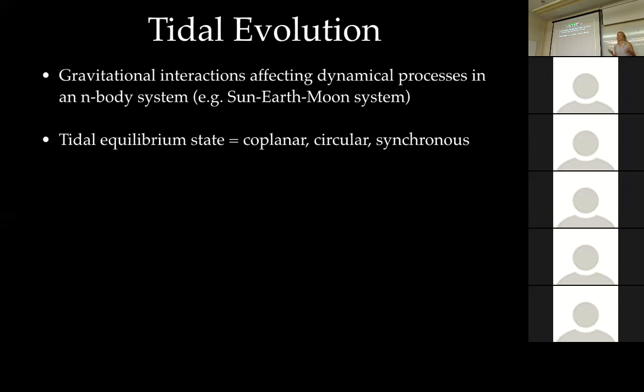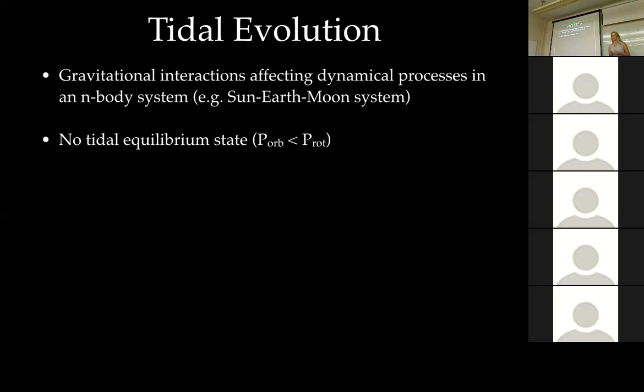And there are special cases in which this is not the case. It's kind of already surpassed this critical point and is not able to reach an equilibrium state. And this is the case with KY4. So KY4, we know that the planet is on an orbital period of 3.85 days. We're actually lucky enough to get signatures of stellar rotation in the light curve, and we measure that the star is rotating at a period of 5.5 days. So the opposite is true here.